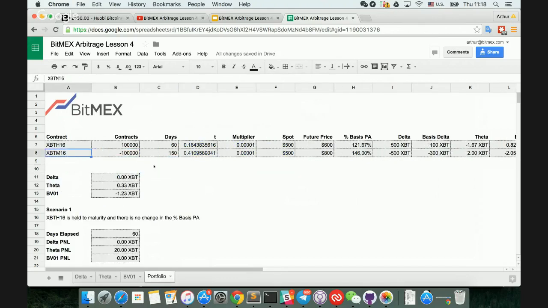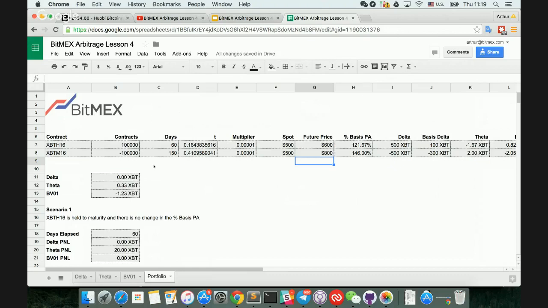So again, we have our H16 and M16 futures contracts. And we've constructed a delta neutral portfolio, as you can see here. We have a portfolio where we have positive theta. That's because we've sold the contract at a more expensive per annum basis and bought the contract with a cheaper per annum basis. So if we were to visualize the curve structure, we have a curve roll down,